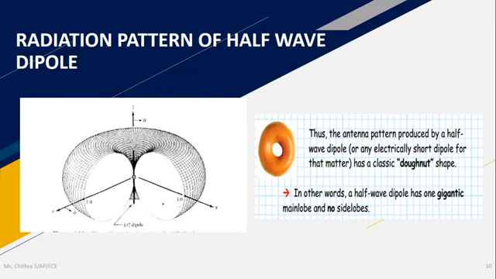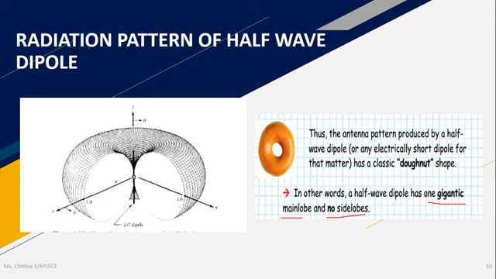This is highly directional in nature and it contains one big main lobe and there are no side lobes. Side lobes indicate leakage of power, but since there is almost equal matching, we can see in a half wave dipole that side lobes are reduced to the maximum or almost there are no side lobes present, and there will be a very big main lobe. This main lobe indicates the directional property of the half wave dipole and the gain will be very high in this particular direction.